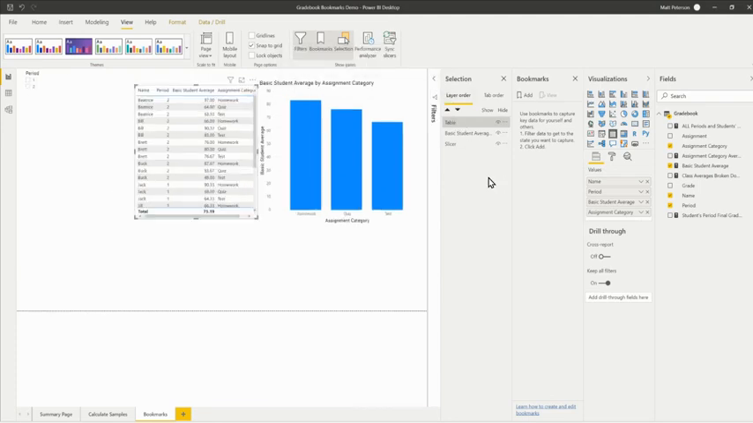The whole idea of what a bookmark does is it saves a snapshot in time of how the data looked, of what your selections were. In order to do that, I'm going to walk you through some of the best practices that I think are good for this. And one of the things is,